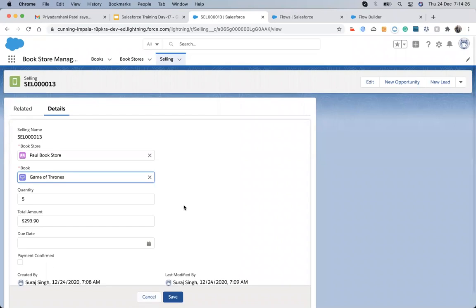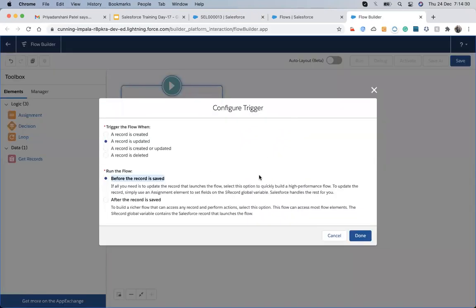Why don't we use after save? What is the problem with after save for everything? I don't see the problem, but actually it's a transaction thing. It will do two transactions. First it will save the record, then the flow will also save the same record. So you cannot see the changes reflected before you click save. Maybe because of that.